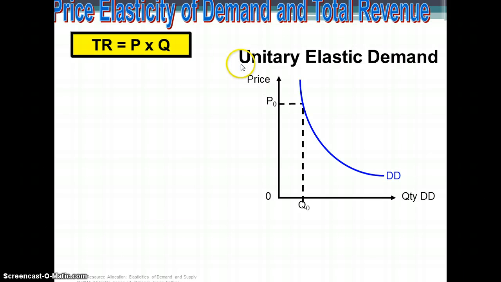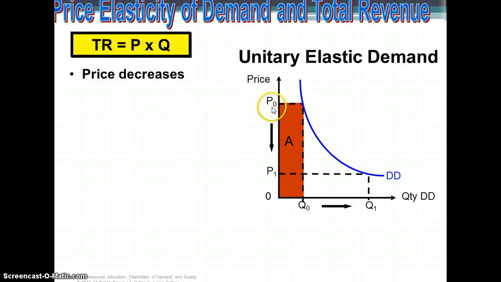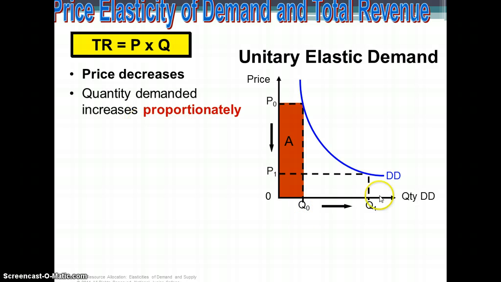So let us look at this unique case of unitary elastic demand curve. To recap quickly, the total revenue is P times Q. When there is a price decrease from P0 to P1, the quantity demanded increases from Q0 to Q1. So the quantity demanded increases proportionally. So therefore, what happens to the total revenue? You can see from the diagram itself,